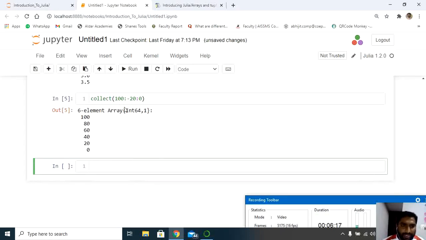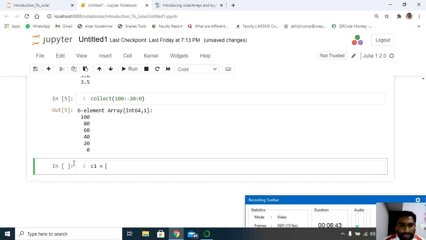So you can see here my first number is 100, difference is 20, and it gives me the second element as 80, next is 60, 40, 20, as well as 0. In the same way, it is also possible to create variables also. We can store the elements in a variable, like how we can store the array elements also.